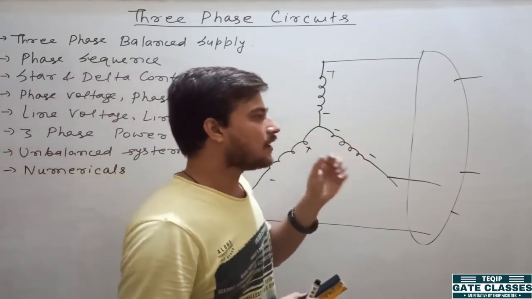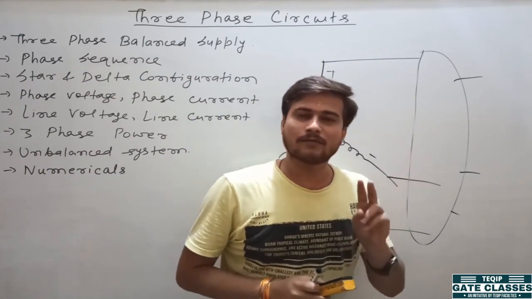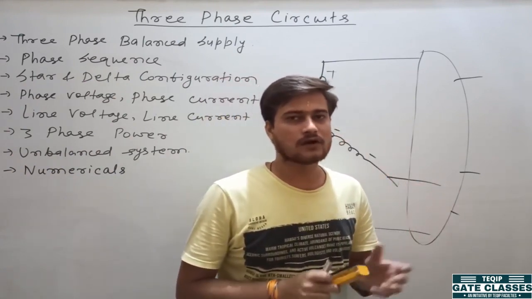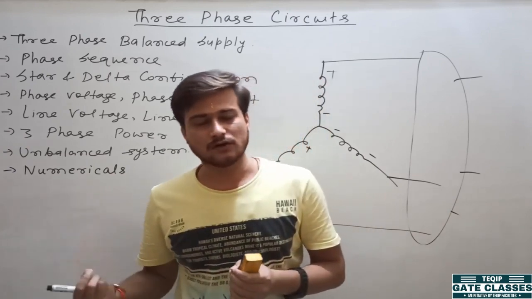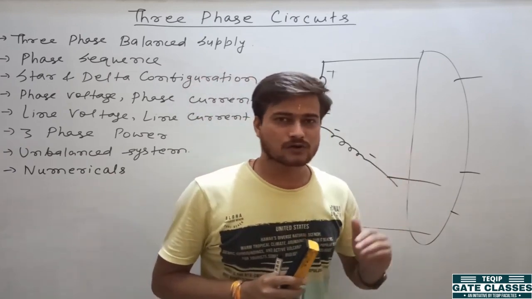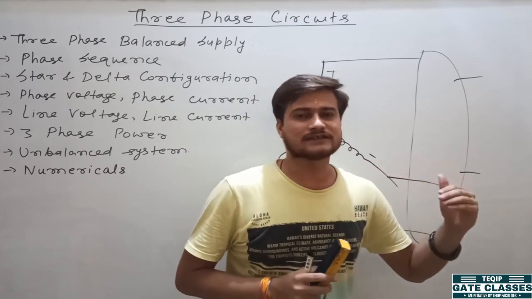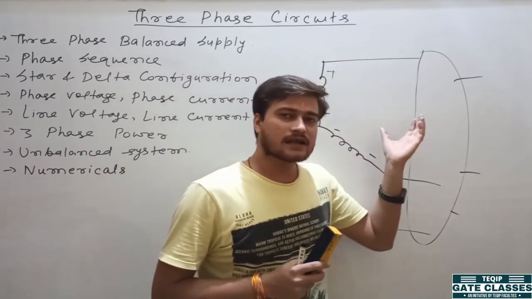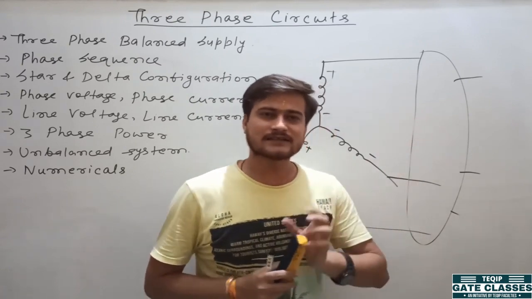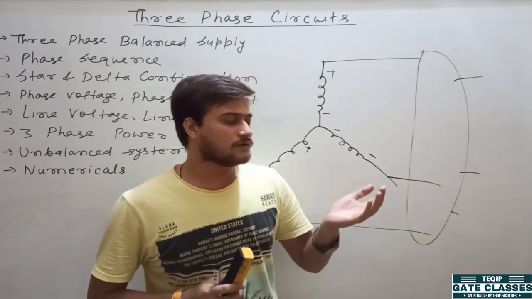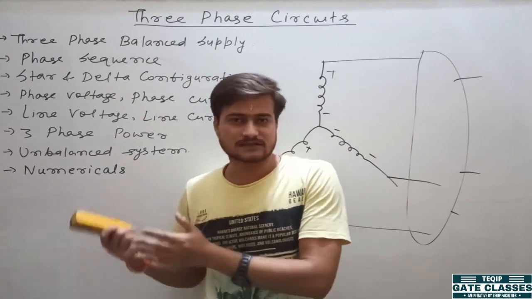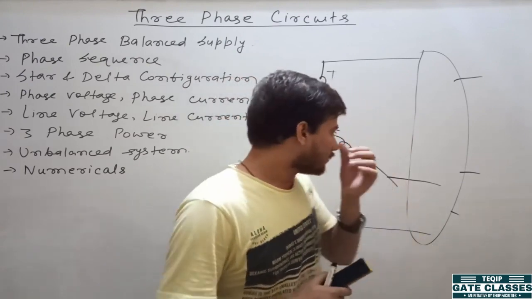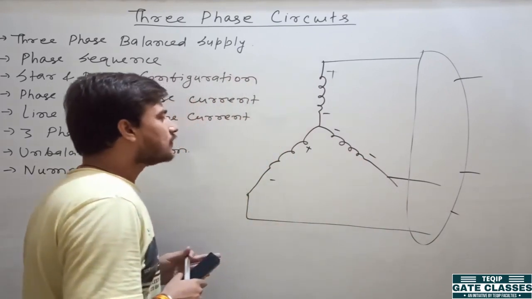Now what happens? At the load terminal, you have two types of loads. One is single phase load, another is three phase load. In your households you get single phase supply, but industrial users take three phase supply. At the same time, those who are running three phase induction motors need three phase AC supply. So we have two different types of supply.